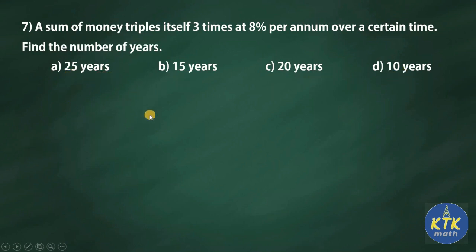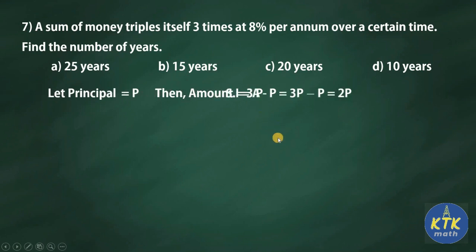So what I am going to do now, it's very simple. I am going to assume the principal as P. You can use X also, no problem. If principal is P, then what about its amount? Amount becomes 3P, because in the question they gave that it triples. Okay, so principal value P, amount value 3P. Then what about simple interest? It's very easy. We know that simple interest is the difference between amount and principal. When you subtract principal from amount, you will get simple interest. Therefore your simple interest becomes 2P. 3P minus P, 2P.